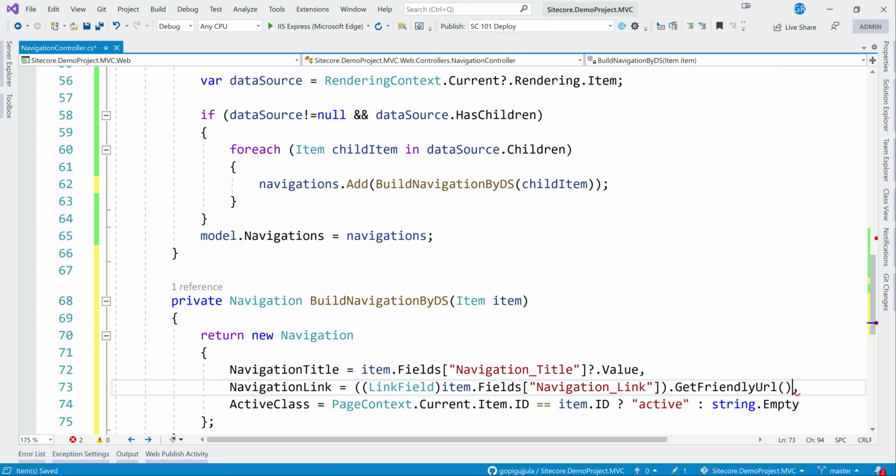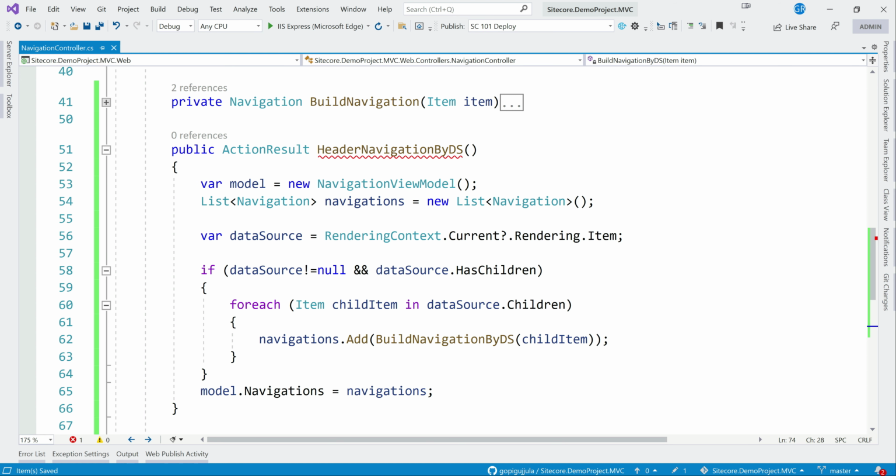So this will fetch us the URL. Previously, with the other about component and everything, we were using Sitecore HTML helpers to directly render. Here we are just using the link field to get the URL. So we got the navigation link, and the active class is fine.